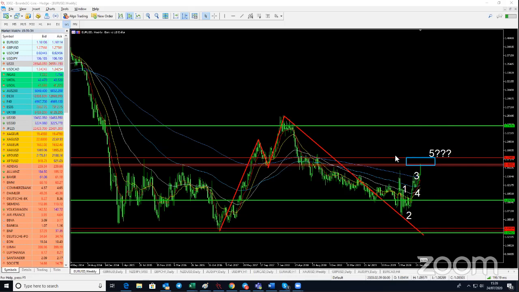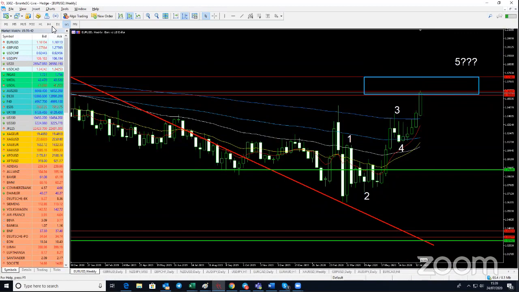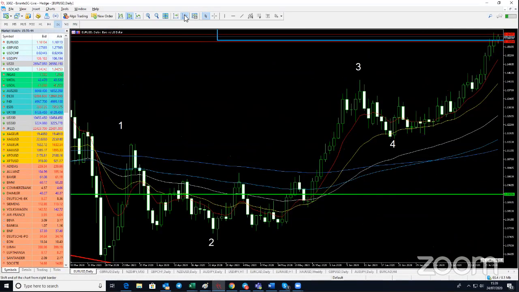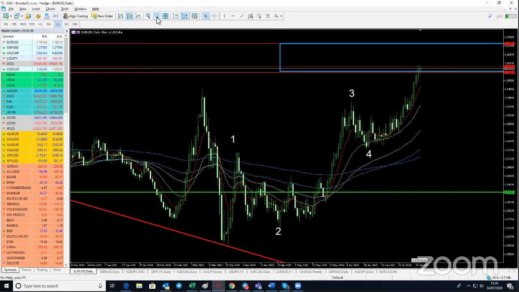it could possibly reverse. But out of all that we are looking at, let me go on to the daily chart to give you a little bit of a perspective from the Elliott wave. So we can look at the Euro USD not only from different time frames, but also from different strategies or methodologies.